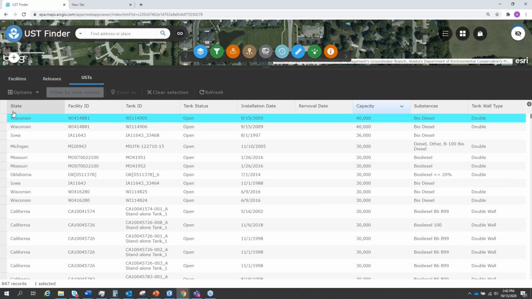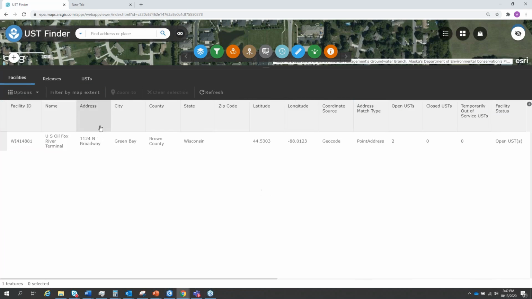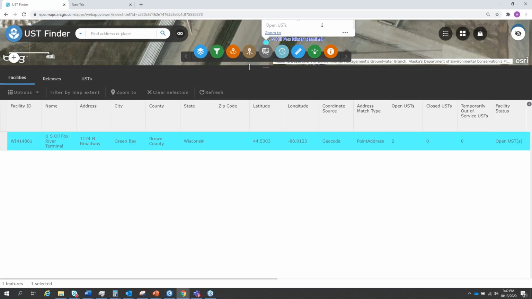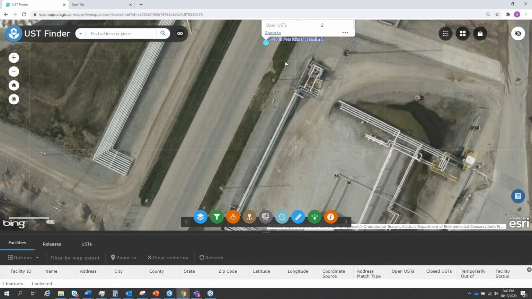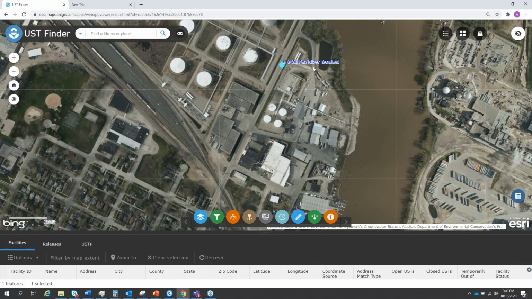Now this table is not spatial, but it can be linked to the facility database by clicking options. And I want to show the related record here. And then I will double click this. And now it's taking me to the facility that has the 40,000 gallon biodiesel tank.